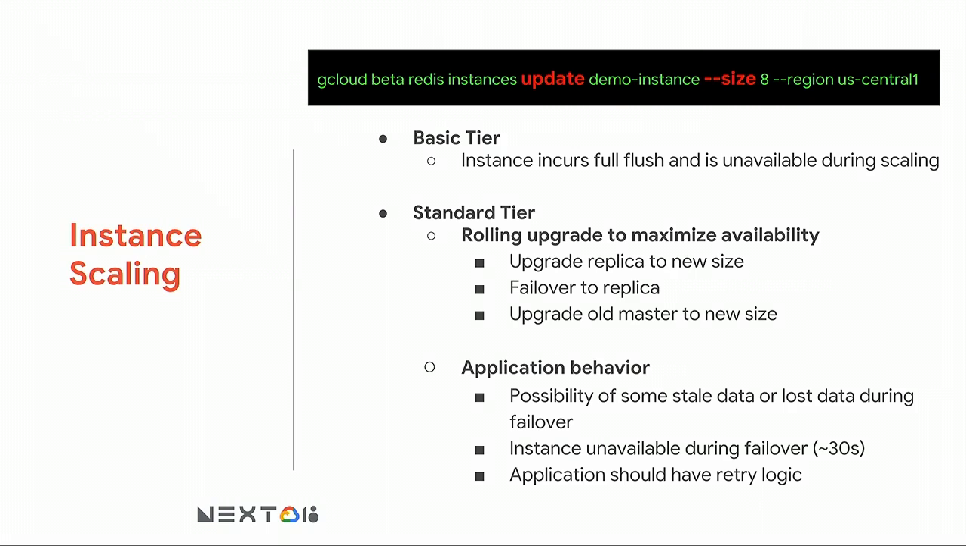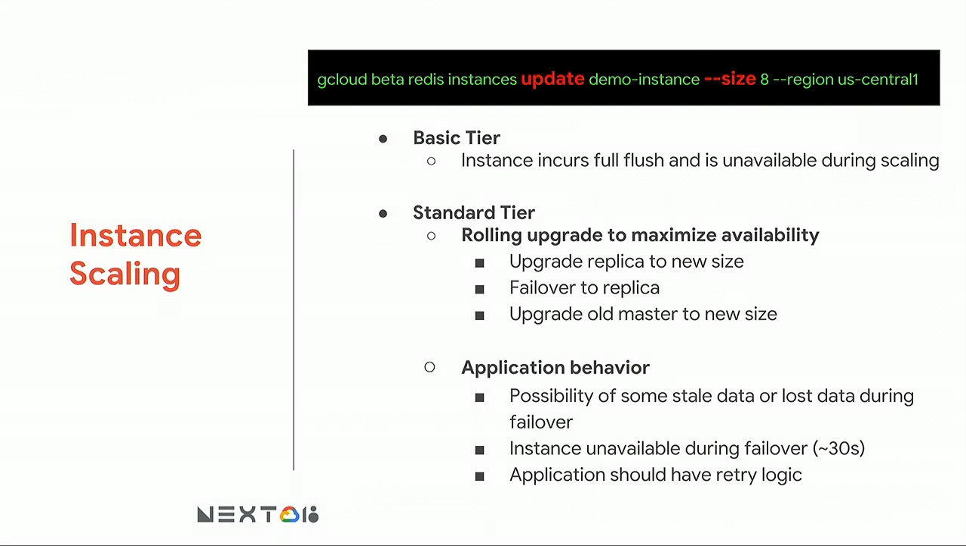So scaling is something that we have enabled in beta. It's a very simple way to scale a system. You basically change the size. How does the behavior work? In basic tier, it is a full flush of the cache. And in standard tier, we basically do a rolling upgrade, or when we do the scaling, we do it in